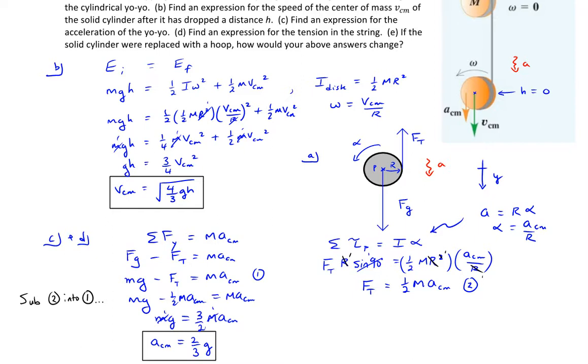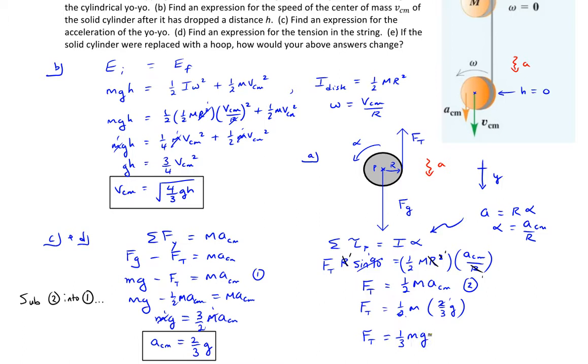And that's the answer for part C. Now we need to find the tension. Now the tension we know is 1/2 of ma, but let's replace this acceleration into here. So now we have Ft equals 1/2 m times 2/3 of g. So then the tension becomes equal to, these 2's will cancel out, and it'll be equal to 1/3 of the